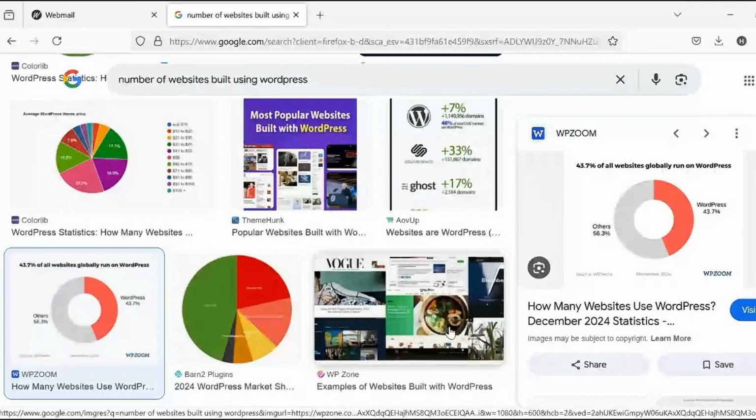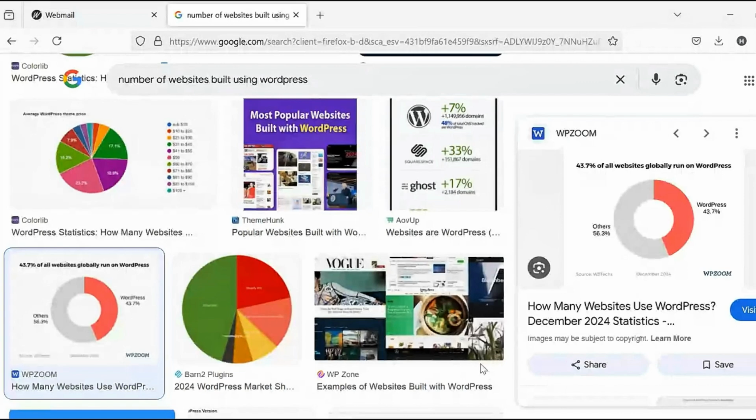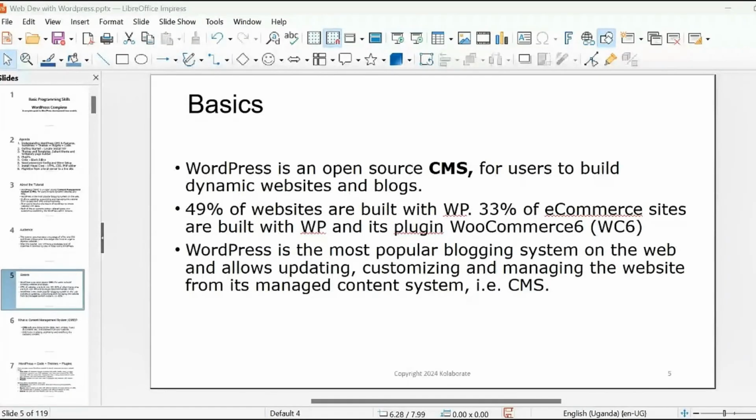built using WordPress. So it is the most used tool to build websites currently, and that's why we are teaching it for those who wish to earn from web development. We are using WordPress. I will update this, but where I had read the statistics, it was close to 49% of websites built using WordPress. And it's predicted that by the end of the last quarter of 2025, it will be close to 50% of all websites. So imagine 50% of all websites on the internet being built using WordPress.